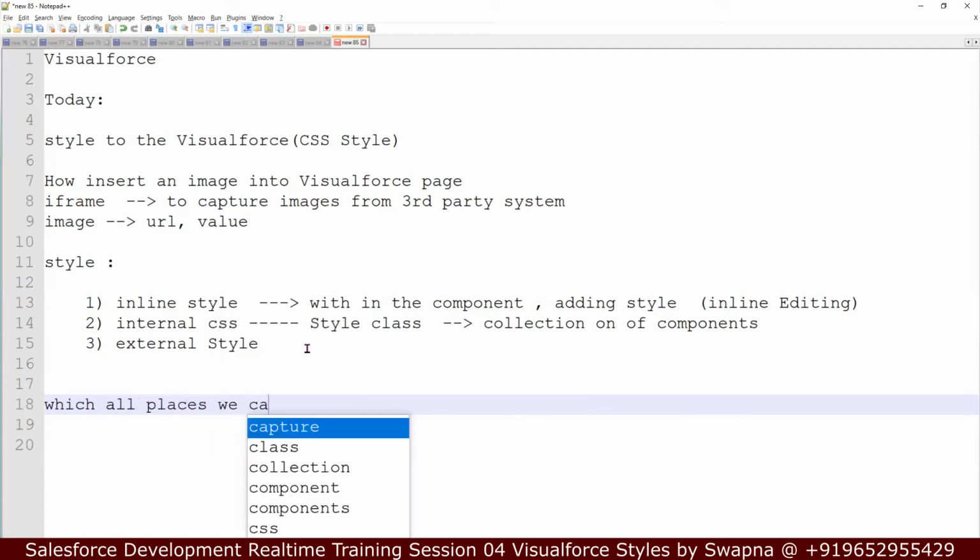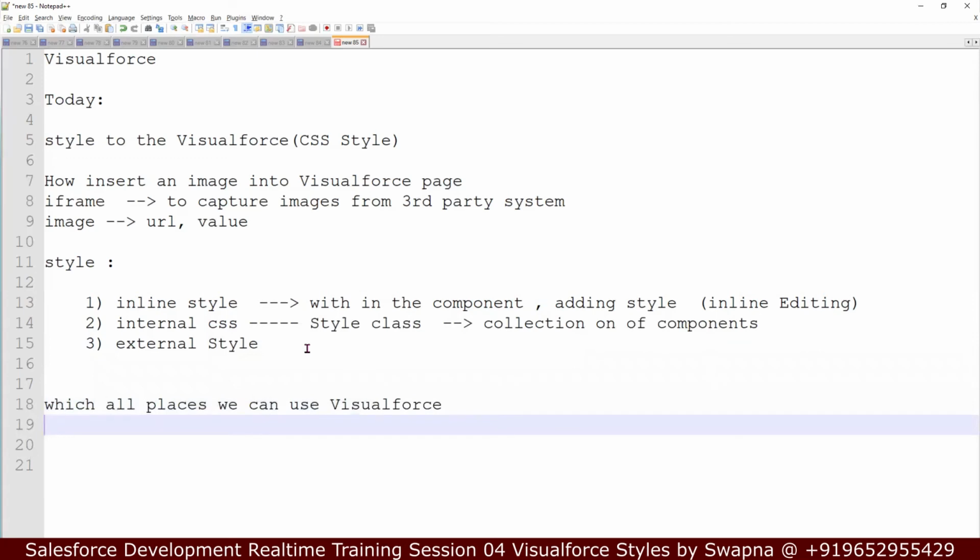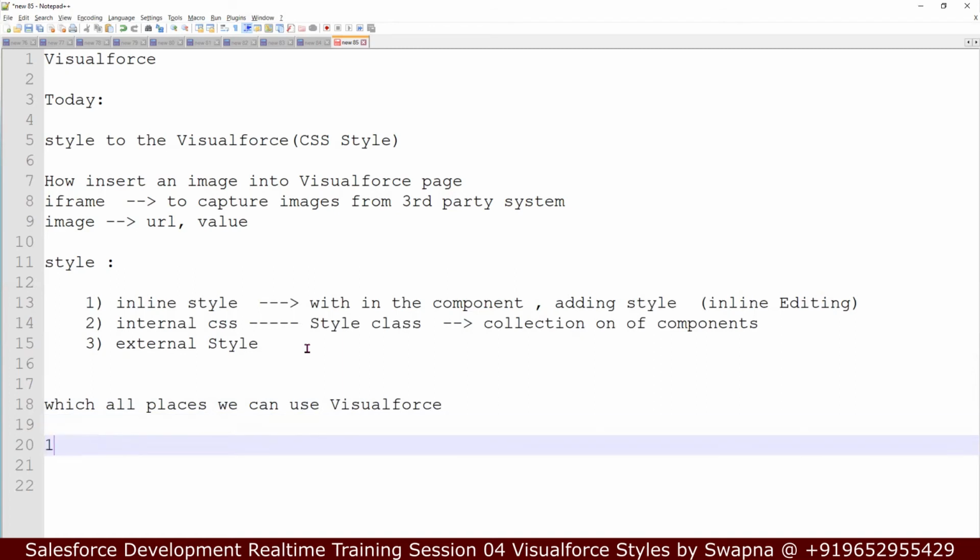We can use Visualforce pages. That means I have implemented a Visualforce page, right? But what are the places I can use this code in order to override something within Salesforce? What are the places I can utilize my Visualforce page? One is